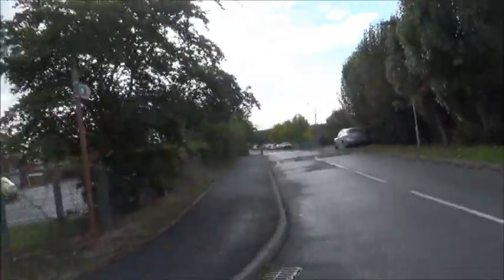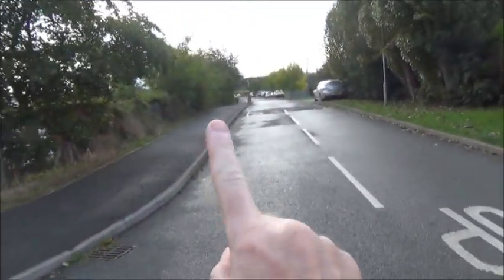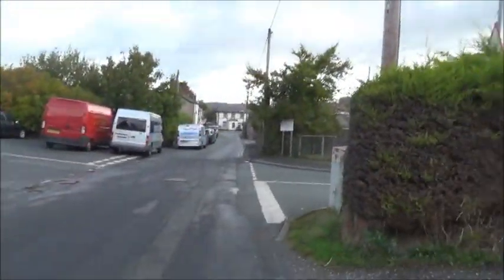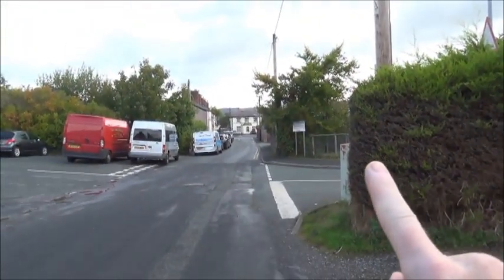Okay, this is Park Street, and this is the location of the third bridge. Now then, let's get a better shot of it. That's where the railway line's coming from, the second bridge, coming down there, and it would continue that way. And as I say, this is the location of the bridge over Park Street. The actual train would go over this road, and as I've just shown you, it would come from that way